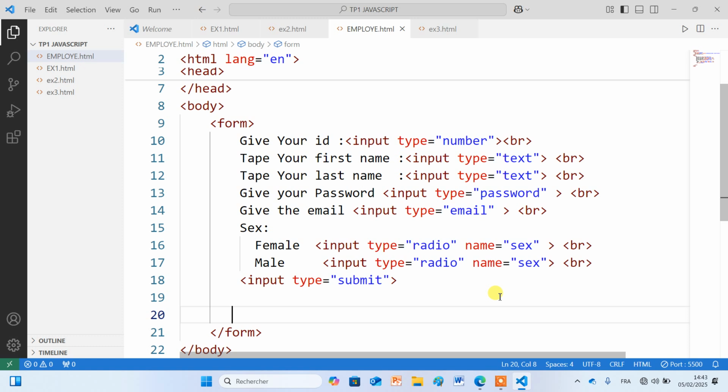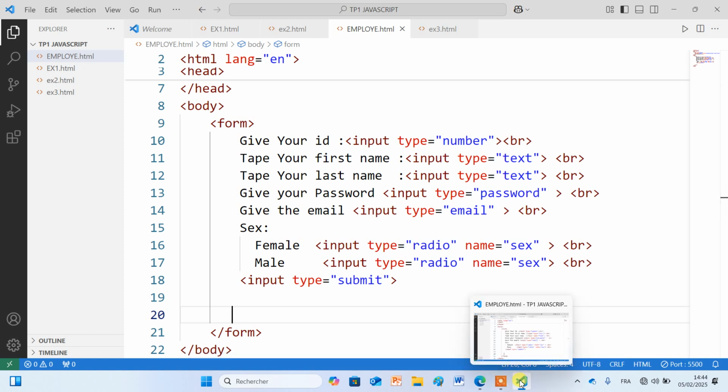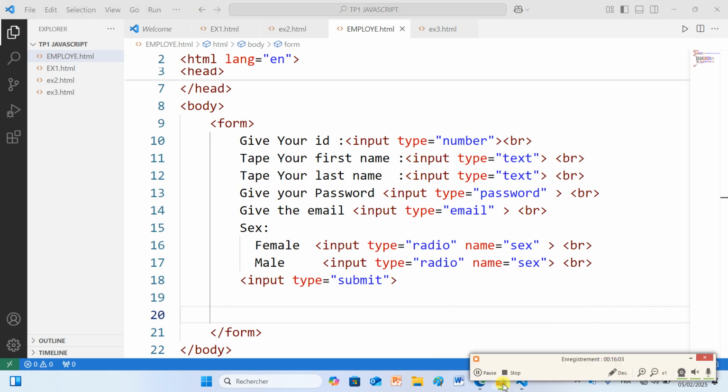Now we call this checkbox. The difference between checkbox and radio button, that radio button we can only choose one, but checkbox we can choose a lot of. So if we like to add this